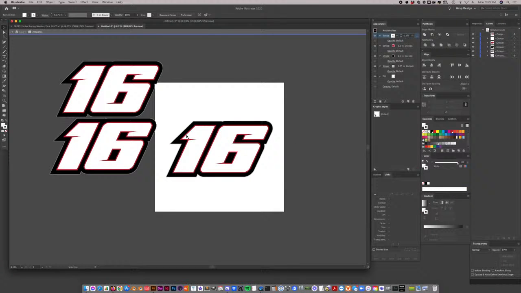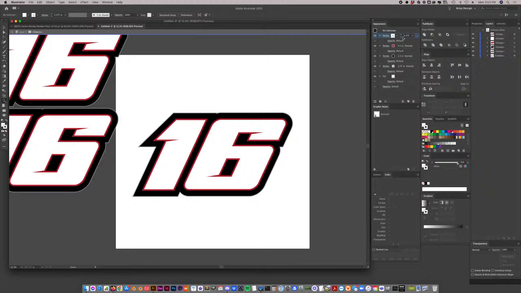Okay, so now you can't see it because you've got white stacked on top of white, a white stroke on the very top. Think of these almost like layers, okay? This is just the construct of the number here. All right, so I've got the white stroke stacked on top of the white fill, and these are all in between. I'm going to bring this white stroke below everything except for the fill. So now this red is going to the outside, this black is going to the outside, and this silver is going to the outside. And so now I want to take this and I want to put a drop shadow